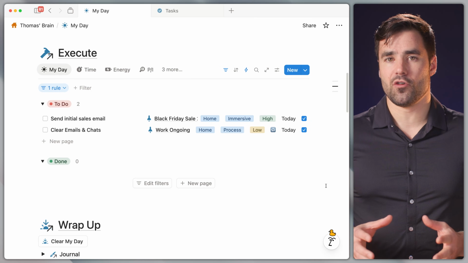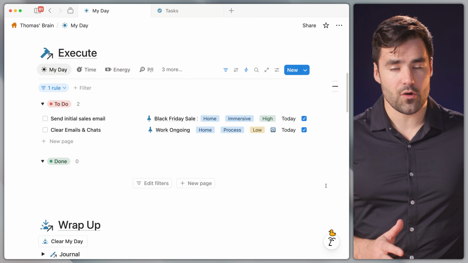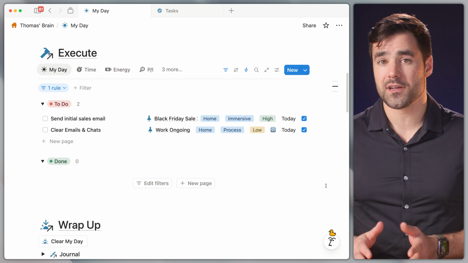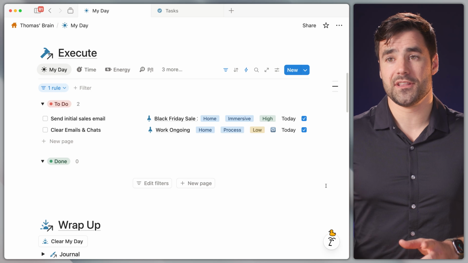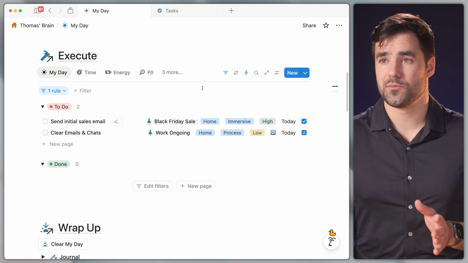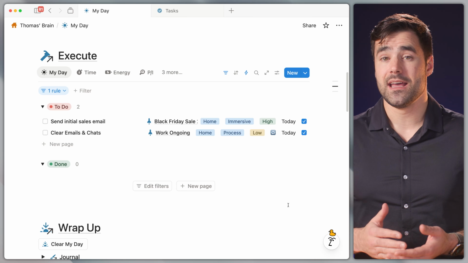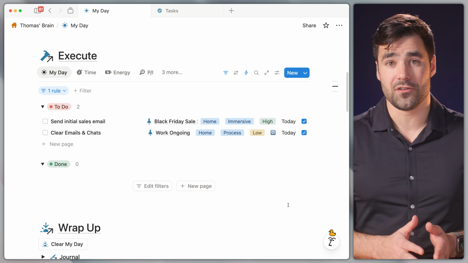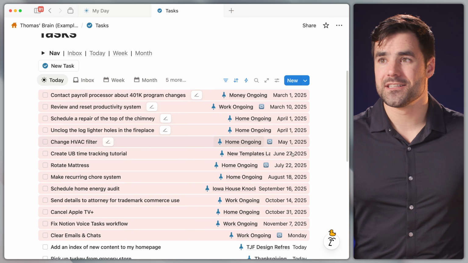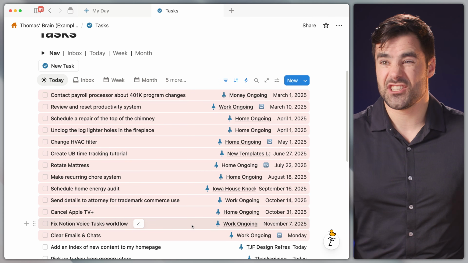I don't think it matters so much that you plan the night before or you plan in the morning right before work, but I do really think it matters that you start from a blank space and you deliberately select the tasks you're going to work on each day. That way you know what you committed to instead of, again, looking at something really, really unclear that just seems